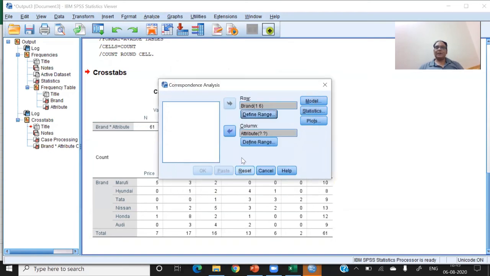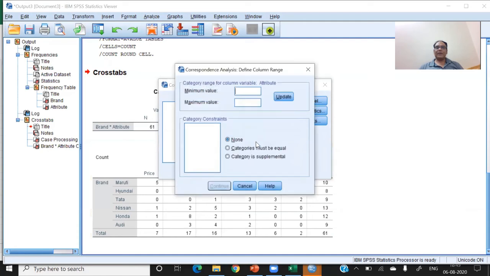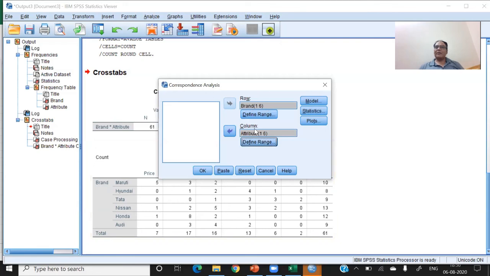Similarly, in attributes, define range, you just click 1 and 6 because we know that there are 6 images. The brand names you can take easily from the market, but these image attributes you have to take from the literature or some advertisement. There are different ways to generate the attributes, but that is a different topic.